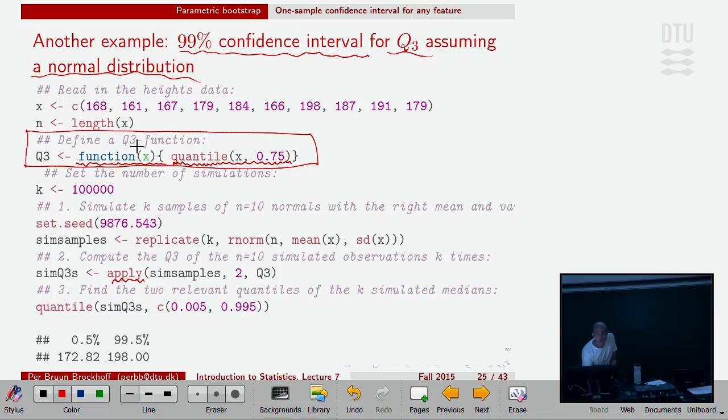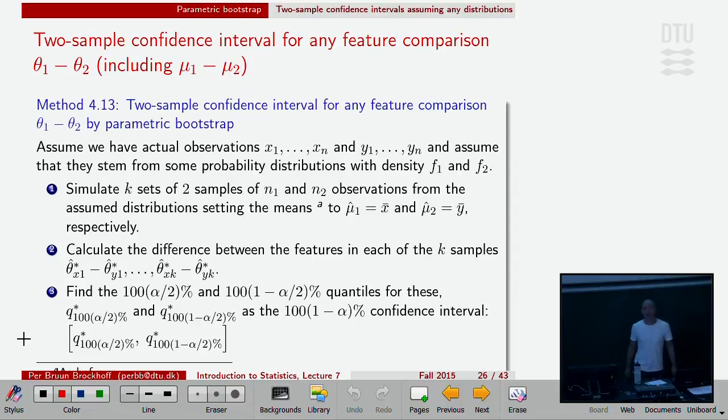If we define our own Q3 function, we just redo everything I just showed you, and then I use my own Q3 down here, and everything goes as before. Simulate, compute the Q3s, look at the quantiles. 1, 2, 3. Tick, tick, tick, from before, right? We jump to the next one. The last